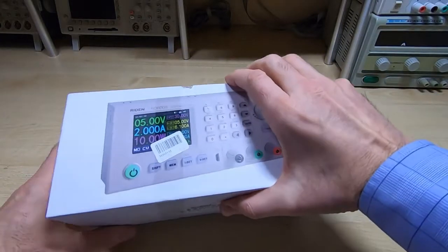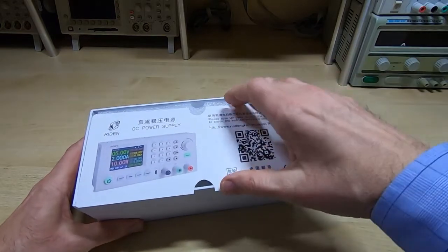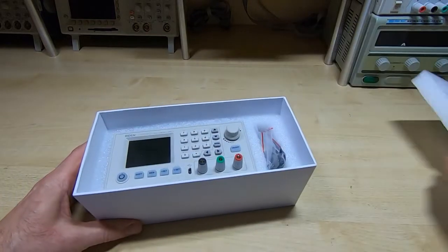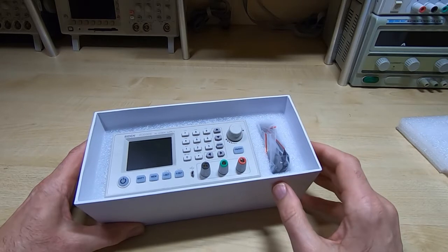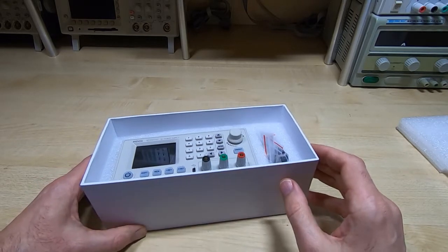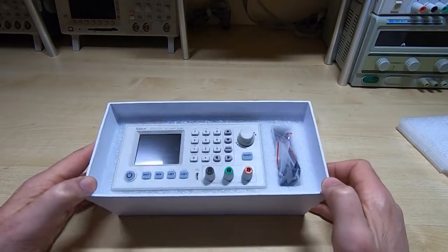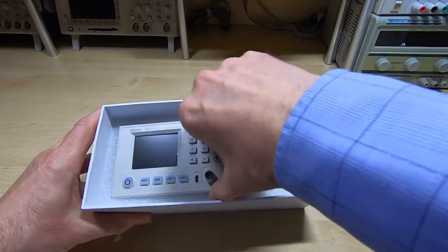I haven't unboxed this yet, so I thought I'd do it live on camera. So we'll see what we get in the box. Nothing useful there. Very nicely packed. I actually paid less than £100 for all the components for this, so cost wise extremely good. You could get 4 sets of these for what I paid for the Riden, and still have £100 left over. So what's in here is the main power controller,